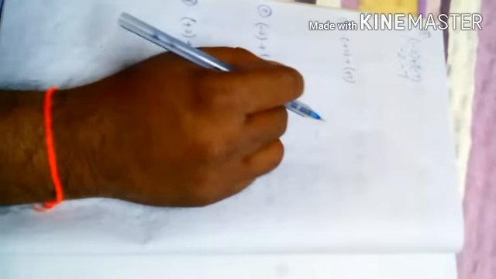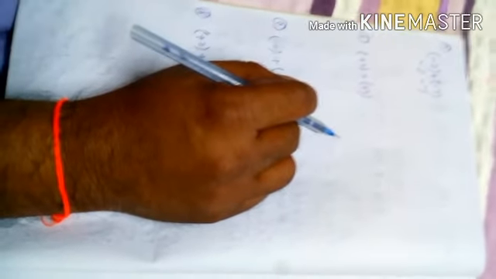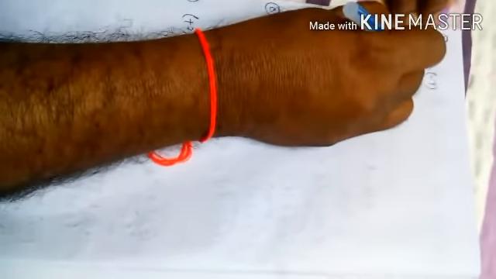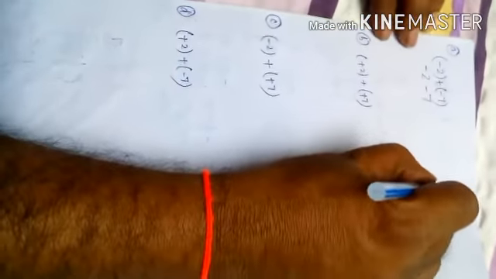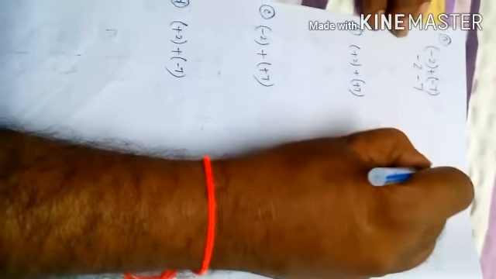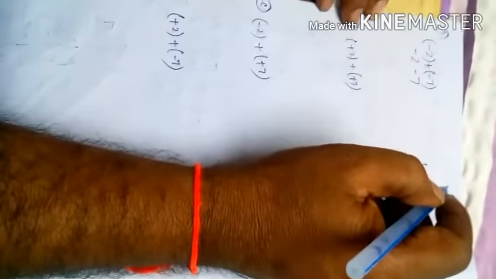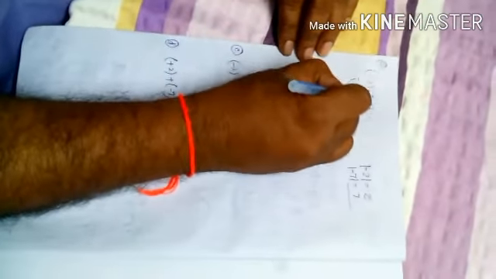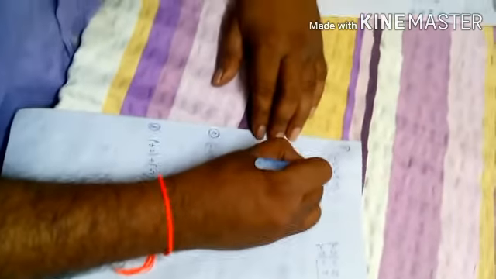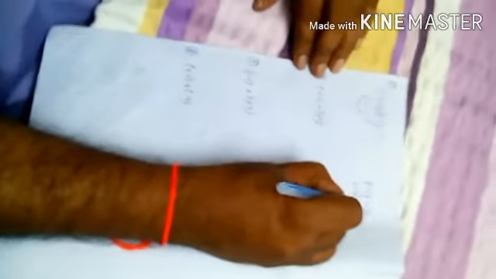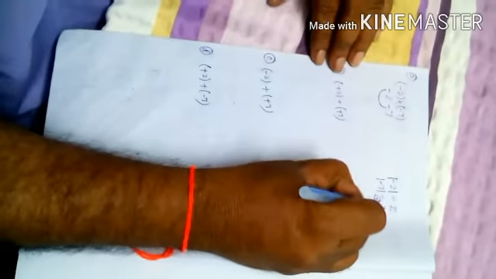Okay children, once again I am explaining the four sums. They may ask like this: -2 plus -7, this is nothing but -2 -7. Again the same concept I am using. The absolute value of -2 is equal to 2. The symbol is called modulus. We are using it for absolute value. Again the absolute value of -7 is equal to 7. Here same sign, both are negative, but we are doing addition. 2 plus 7 is equal to 9.